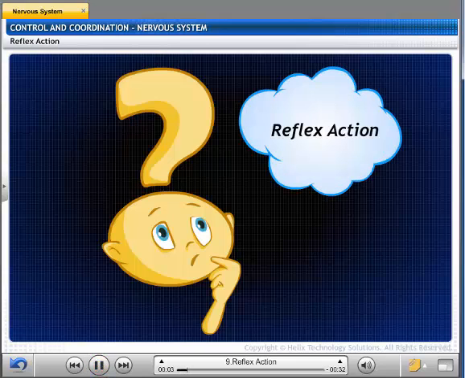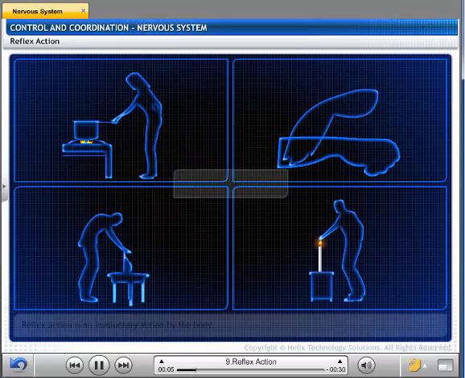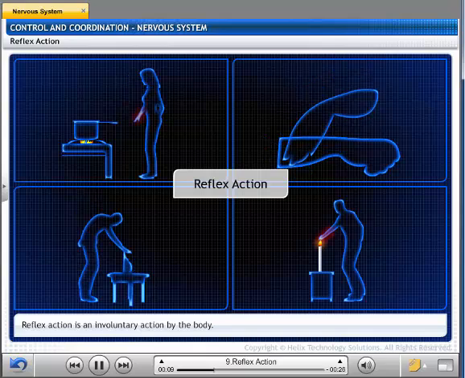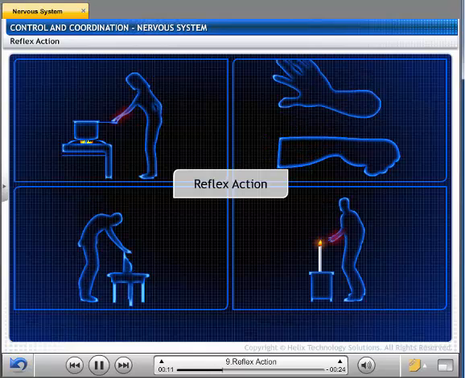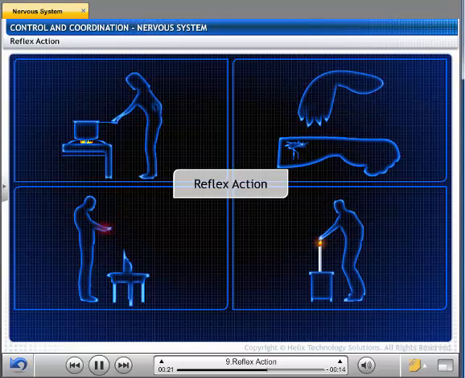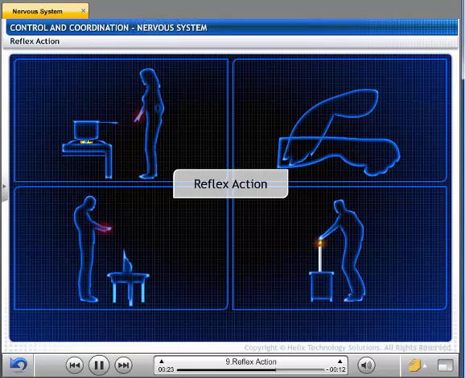Have you heard of the term reflex action? Reflex action is an involuntary action by the body. We use the word reflex to describe a sudden action in response to something in the environment, which is unconsciously done and is not a controlled